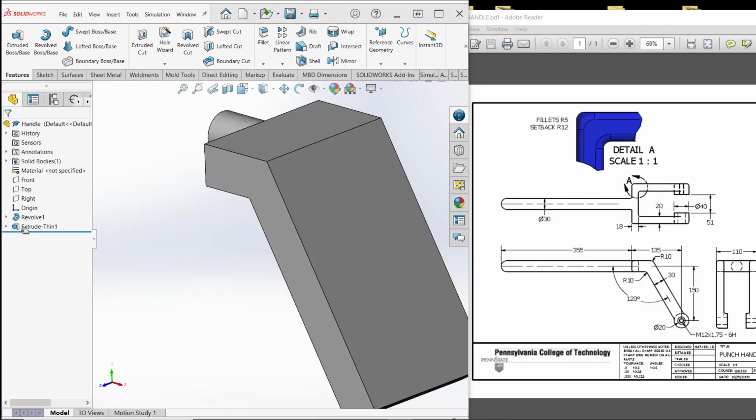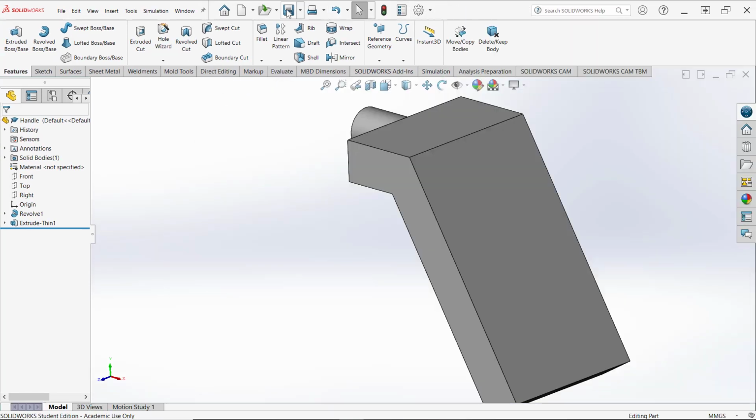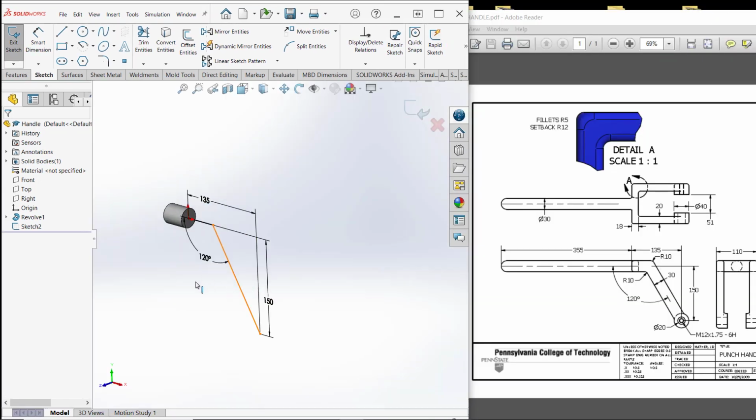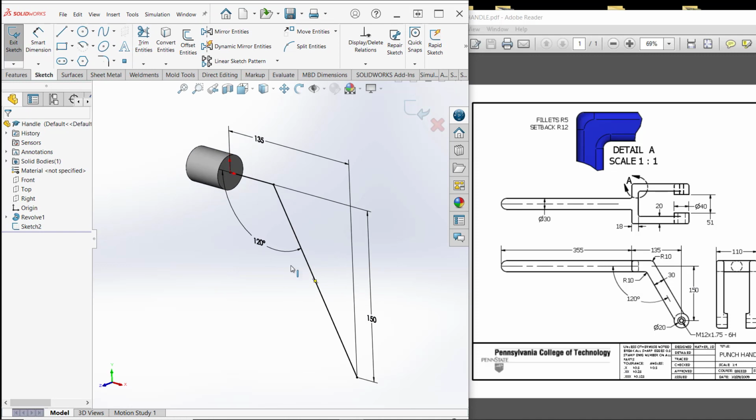I'm going to undo this step. So that would be the way I would actually do it in SolidWorks, but let me show you an alternate technique. And so I will do the undo. And we're back to where we have the sketch, and instead of doing the thin feature, I'm going to do